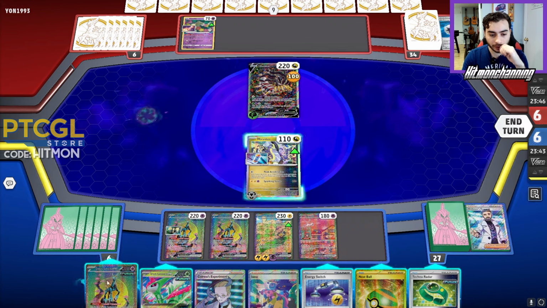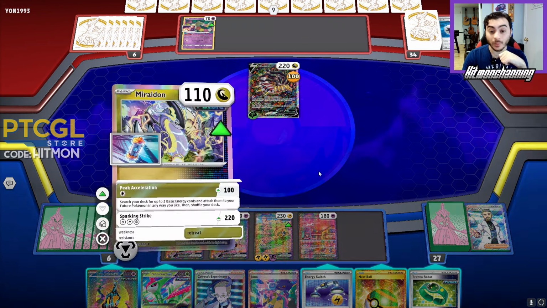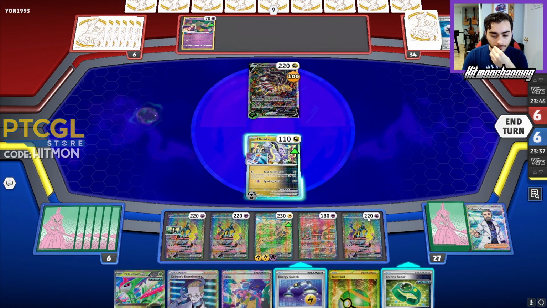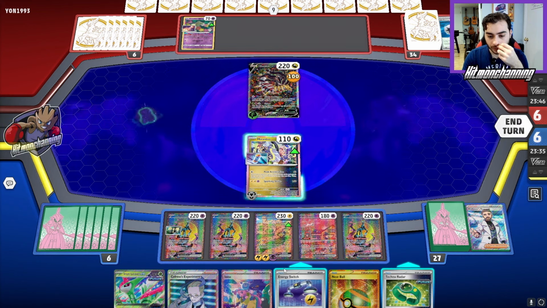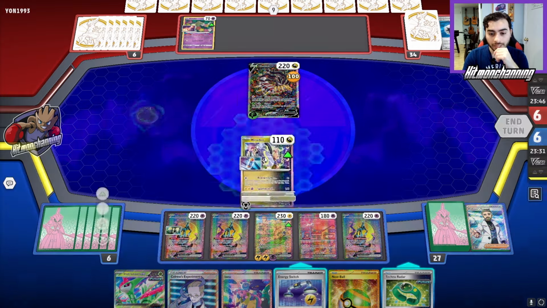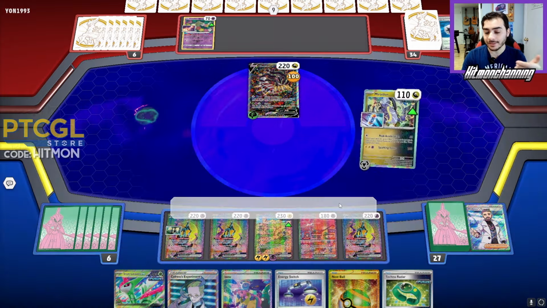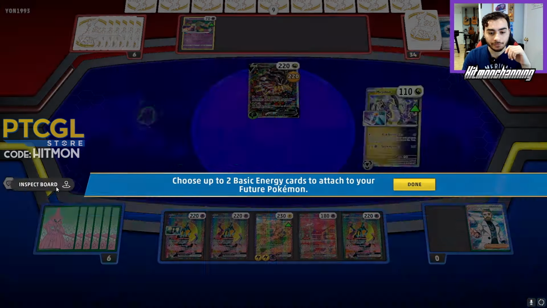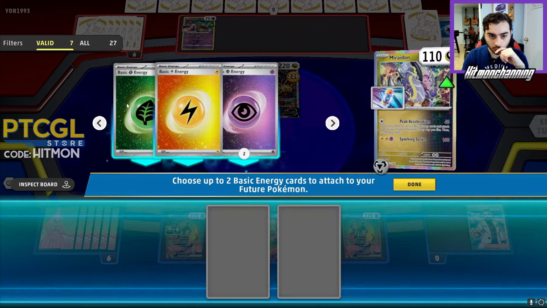I did get the other Iron Crown, which is what I was looking for, because that will let us KO this Tina VSTAR, and I can throw that down. Another good thing that we can do is use Energy Switch to use Lost Impact on a Tina in order to win the game at the end of the game. But we'll just peak acceleration, get that KO on the Tina,